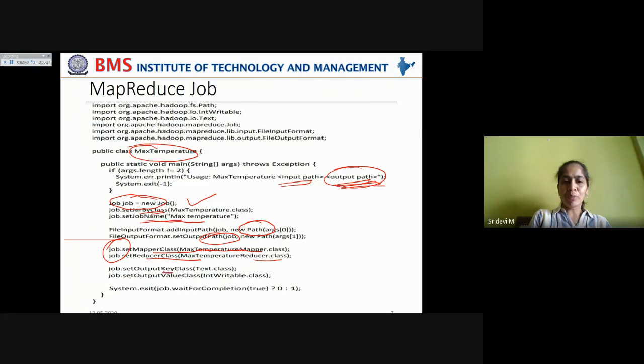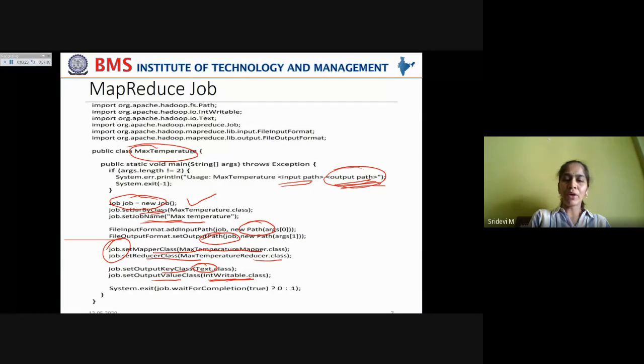Now finally, you are setting the output key class and the output value class. Say if you are working with different types of data types, in that case you need to explicitly set what would be the type of key and value that is given by the reduce class. That is the actual output of the job task. In this case, we are taking the year as the text value, that is like a string value. The key is a text value, and the value for that particular key is the maximum temperature recorded in that particular year. So we are setting the year's value as text and the temperature value as int writable.